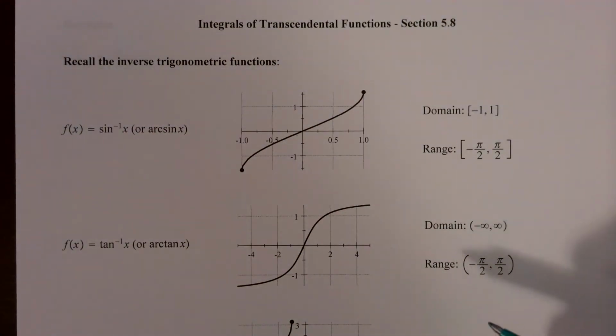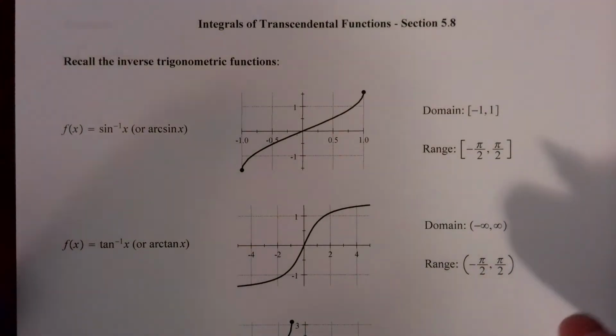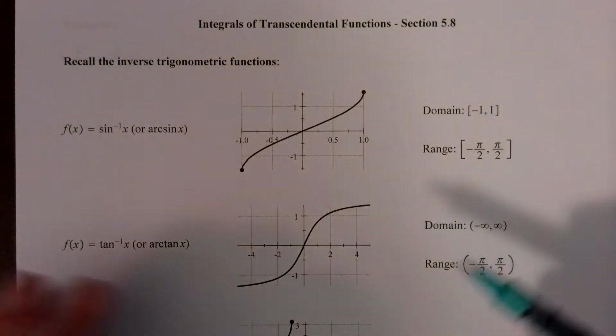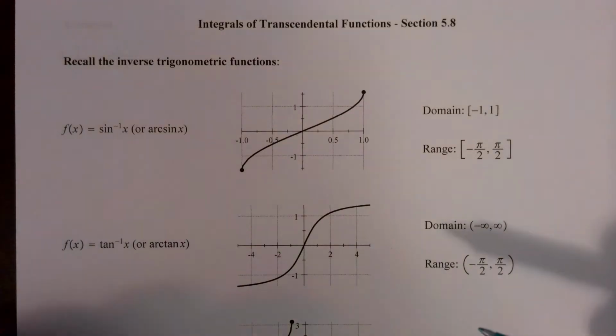Well, the transcendental functions are opposed to what we call algebraic functions. So algebraic functions are polynomials, basically any function that's obtained by doing the standard operations of addition, subtraction, multiplication, division, doing exponents, roots and radicals and things like that. So you've got polynomial functions, rational functions, and those sort of things. Transcendental functions then are functions that are not created by that, and so that's going to include some we already